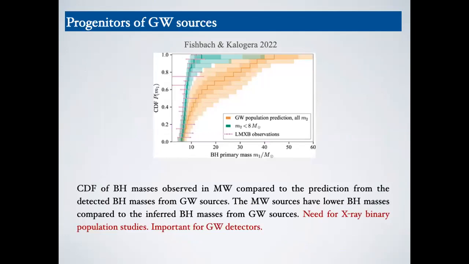All right, and the reason why we need to look for these sources is because this is a cumulative distribution plot of the black hole masses. Over here, the green ones are the black hole masses from the X-ray binary population. These are the black hole masses which have been detected and confirmed in the Milky Way using radial velocity measurements. These are all radial velocity measurements. The yellow ones are the